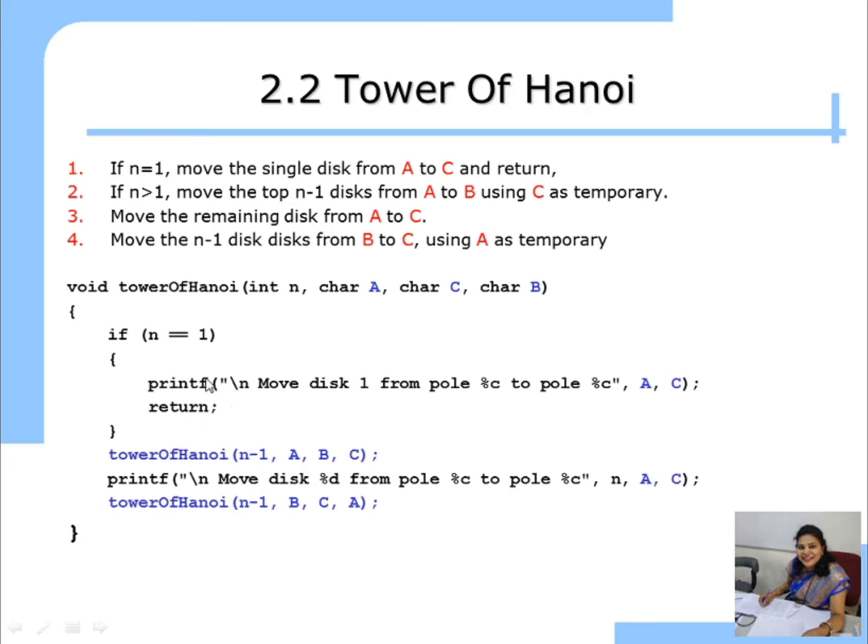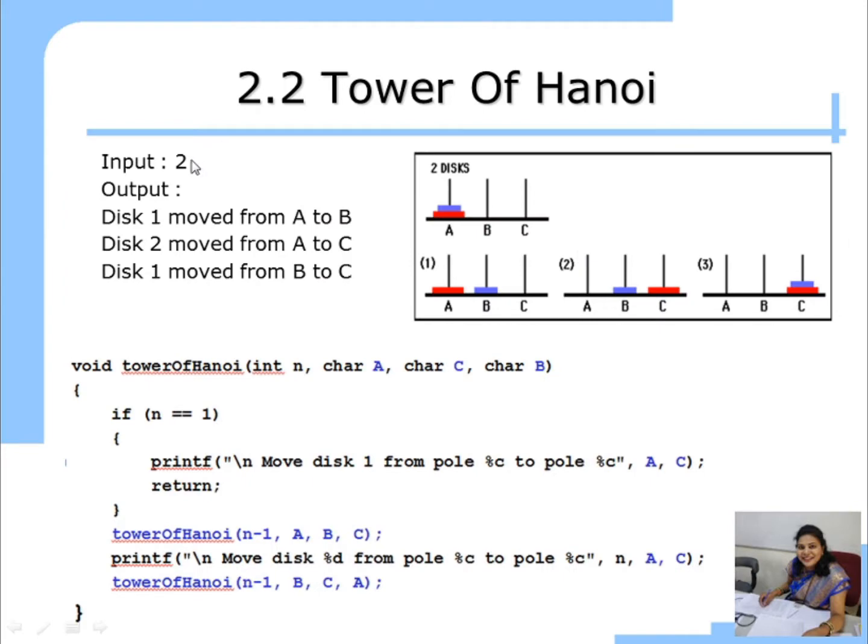Let us now understand this recursive function with an example. If there is only one disk, we can easily move it from A to C. So we will understand this function using two disks. See here, input is 2. We have learned this before, how diagrammatically two disks are moved from A to C, source to destination, using B. First step is move disk 1 to B, then move disk 2 to C, then move disk 1 to C. Now we will understand it with the help of the function.